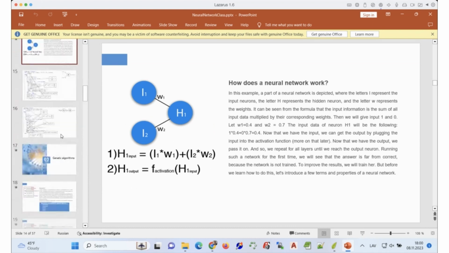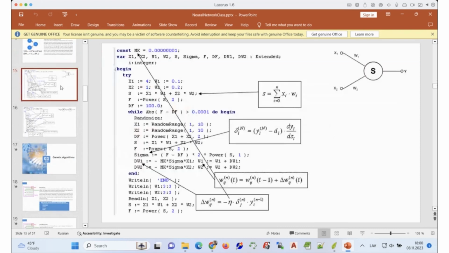Well, which problems can it solve? So here, for example, is the code which I wrote maybe 15 years ago about how to teach the neuron to work in the proper way. There is a method called backward propagation, which is the classical method. Maybe I'm not going to teach you, but in the previous presentation, which I shared with you through Moodle, you can find the whole description of this, because I wrote my version of that method there.